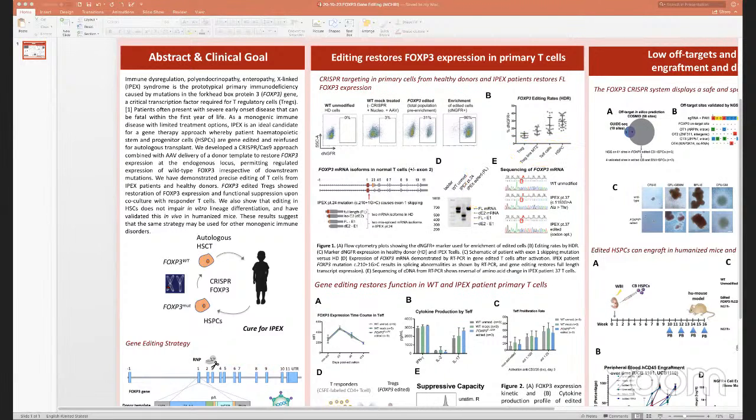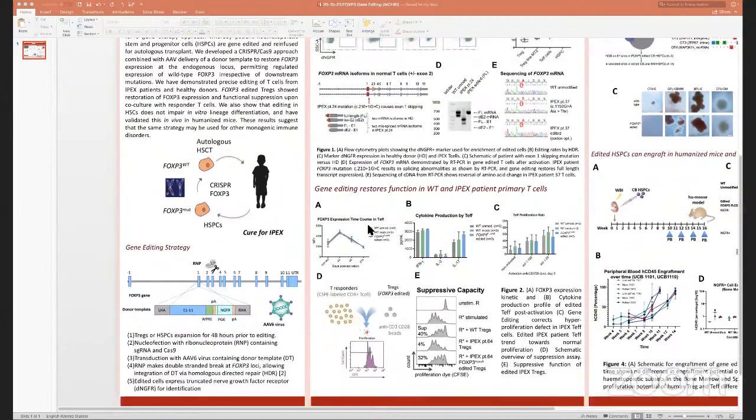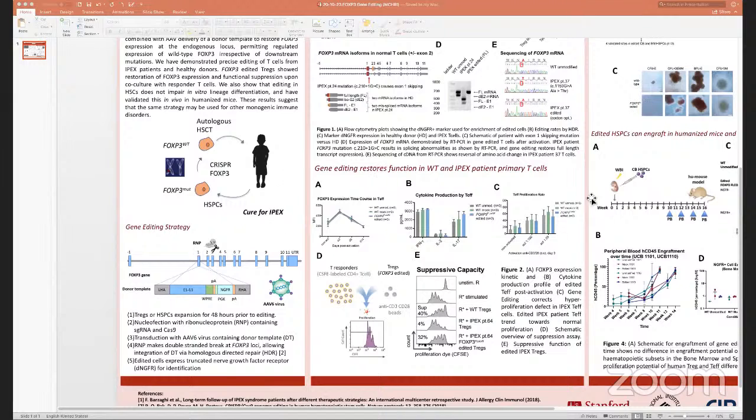We also gene edited healthy donor T effector cells, and we found that FOXP3 expression over time, the cytokines that were produced, as well as the proliferation rates were similar across wild type, mock, as well as gene edited T effector cells. We also looked at patient Tregs and found that after gene editing,